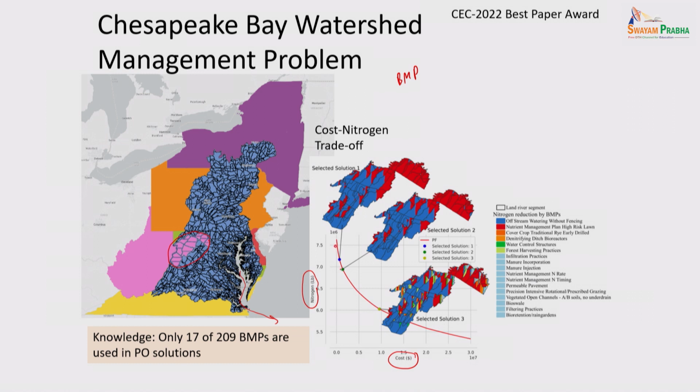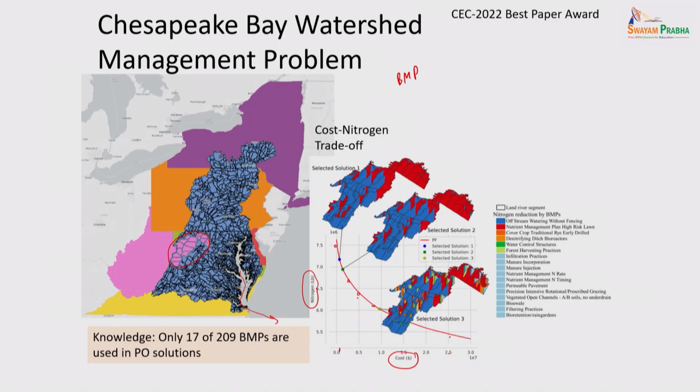All we find are Pareto solutions. You see like this. We find Pareto solutions here that say if you spend little money, you are throwing a lot of nitrogen. If you spend more money, you can throw less nitrogen. But I am not telling them what to do exactly. I am giving them maybe 10, 20 different solutions. You decide how much money you can spend. You can actually see if I spend from here this much more, I can reduce this much of pollution. All of it is in front of them. And now they can make a plan. This year what to do, next year we'll do it again and what to do.